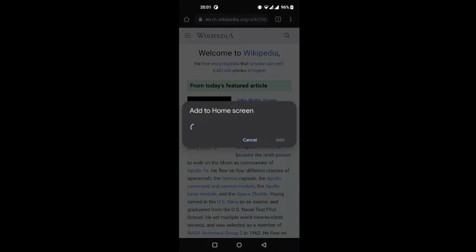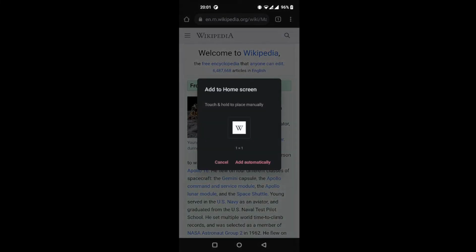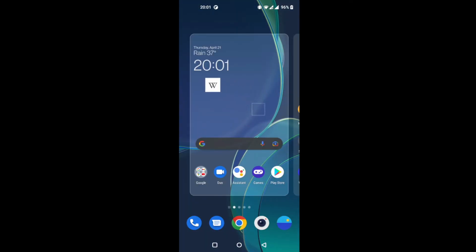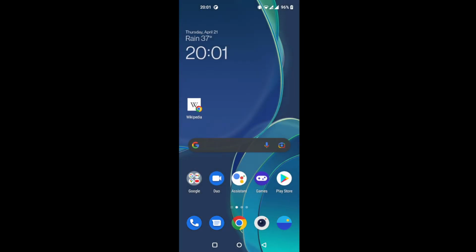It will create, let's say, an icon. Okay, something's going on. That never happened before. Okay, so let's go to Wikipedia. Add. You can choose add automatically. It will choose the spot by default, like the next one most probably, or you can just press and hold the icon and then move it wherever you want. So let's say in here. Okay, now